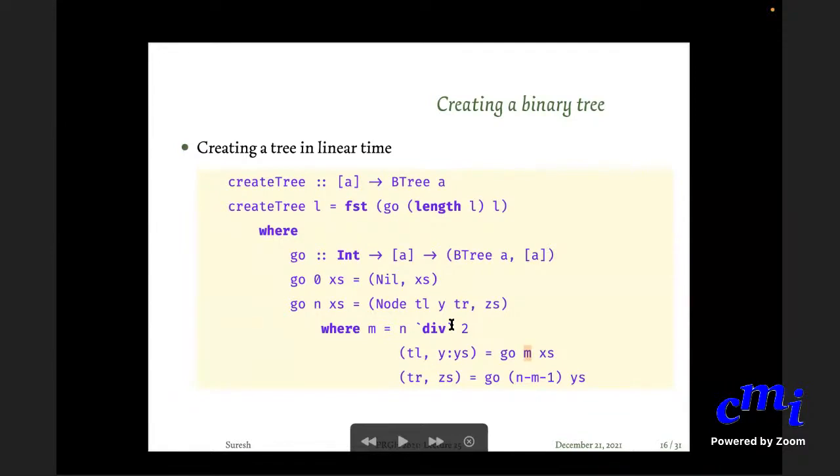What is the other extra operation that I'm doing? I am putting together some trees using some node, etc. But all are constant time operations. So I'll have a recurrence of the form T(n) equals 2 T(n/2) plus C. And if you expand this, you will get (2n minus 1) times C.